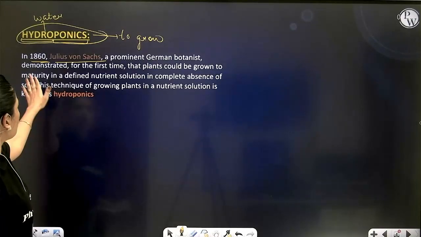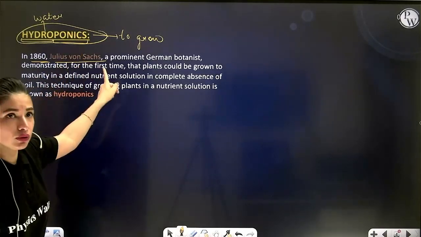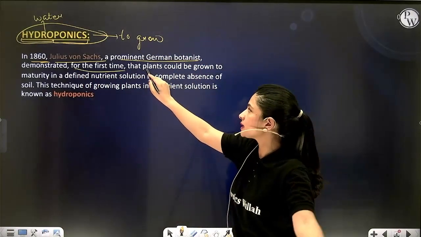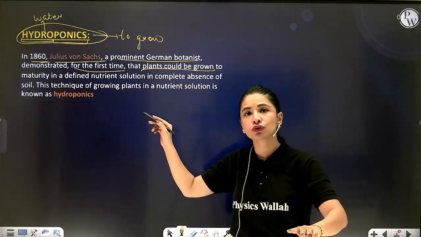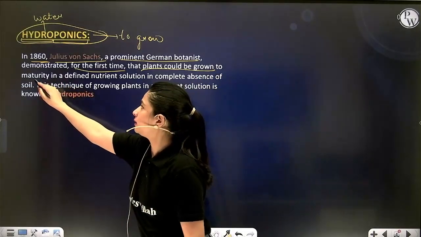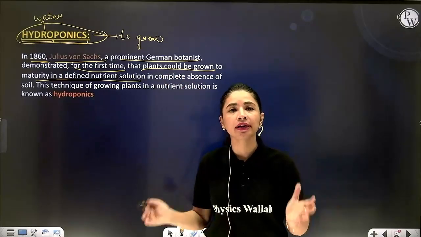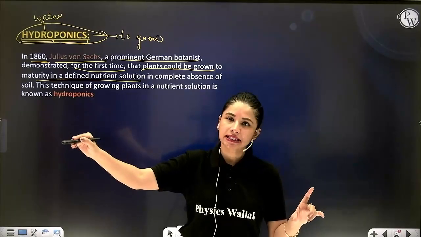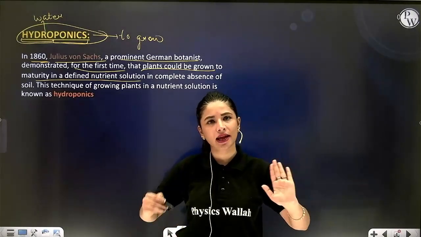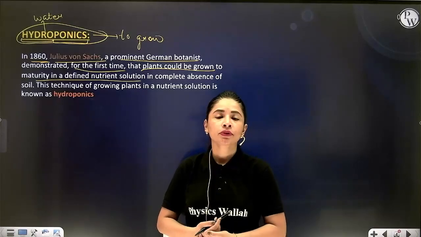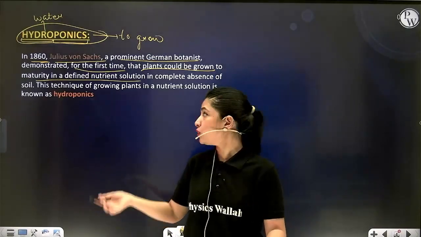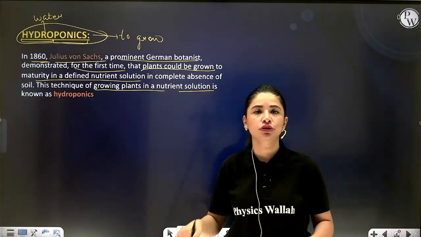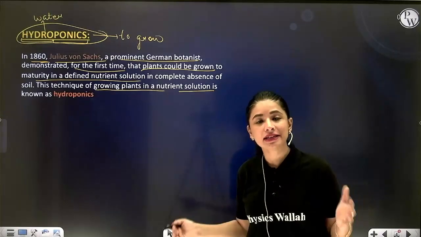Right? So, what is this? In 1860, Julius von Sack, a prominent German botanist, demonstrated for the first time that plants could be also grown soil-free in a defined nutrient solution, correct, from their seed up to their plantlet stage. And once they have grown to plantlet stage, then you can transfer them to the field if it is required to do so. So this technique of growing plant in a nutrient solution in the absence of soil is known as